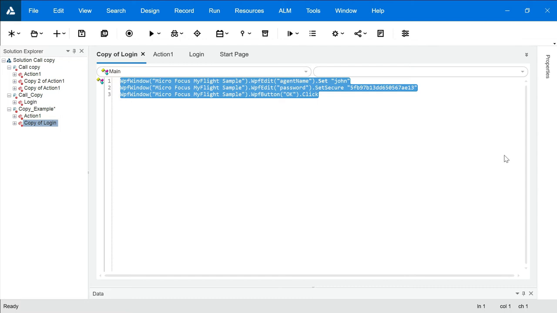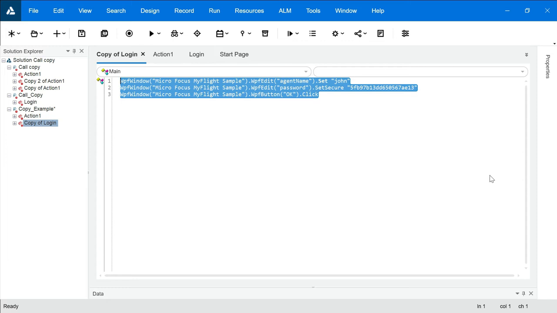Call to new action is calling an entirely new action, recording it in the test case and then using it. Whereas in call to copy of action, you are copying the recording from some other test case. You are importing entire objects, test cases, recording steps, data sheets, everything into your test case. Now if we talk about call to existing action, we are actually copying the reference to that particular recording.